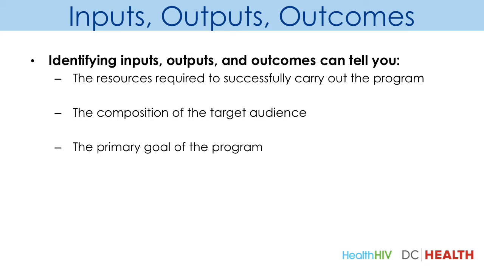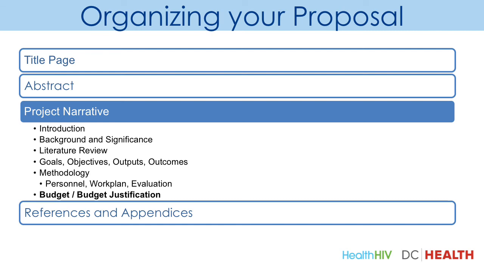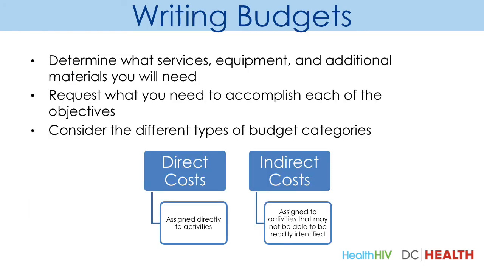So the next section that we want to look at that's included within the methodology piece of the project narrative is the budget or budget justification section. The section of the proposal that focuses on the budget should be used to state what your anticipated project costs will be. Often it may be easier to present your budget needs in an easy-to-read format, and so the use of spreadsheets or tables can prove to be very helpful when you're trying to accomplish this.